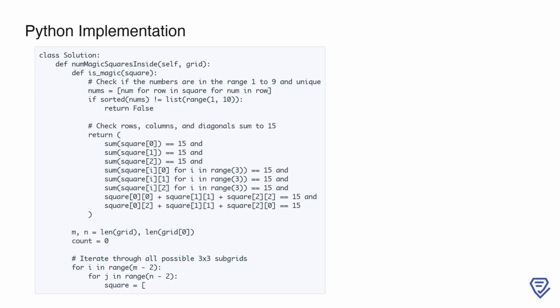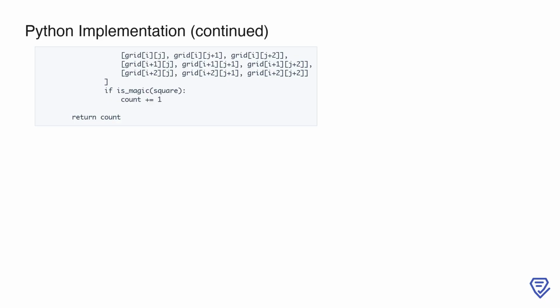For each valid starting position, we proceed to extract the 3 by 3 square. The 3 by 3 square is constructed by taking the current row and column index from the nested loops and slicing out the appropriate rows and columns from the grid. This is done by creating a list of lists, where each inner list represents a row of the square. Once the square is assembled, we pass it to the is_magic function to determine if it satisfies the magic square conditions. If is_magic returns true, we increment the count by 1. This process continues for every possible 3 by 3 subgrid in the entire grid. Finally, when all iterations are complete, the method returns the count, which represents the total number of magic squares found